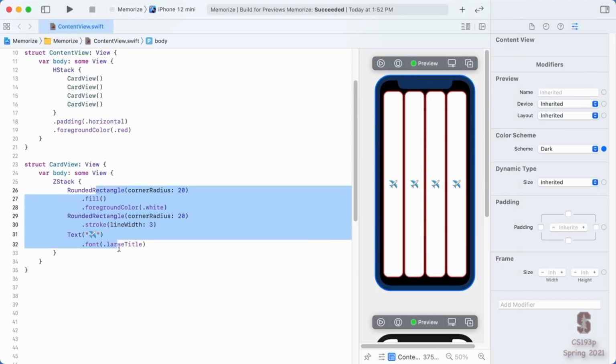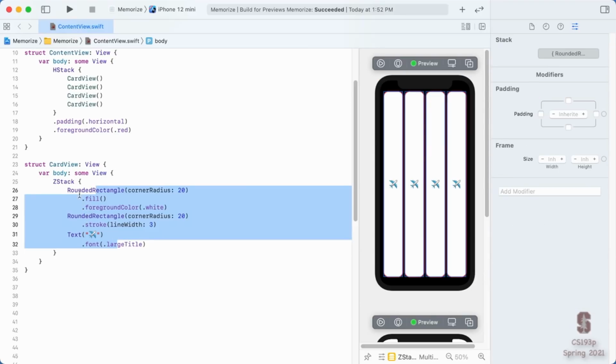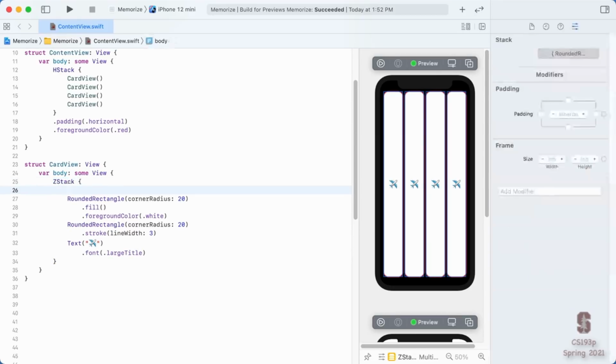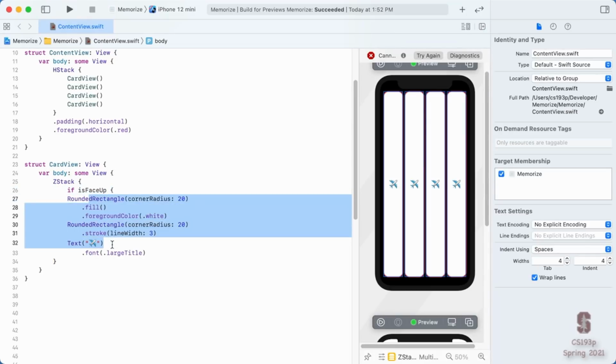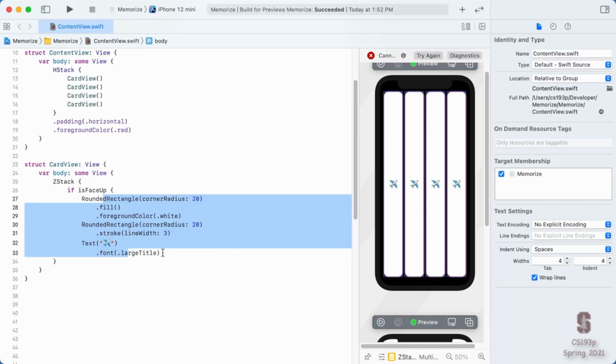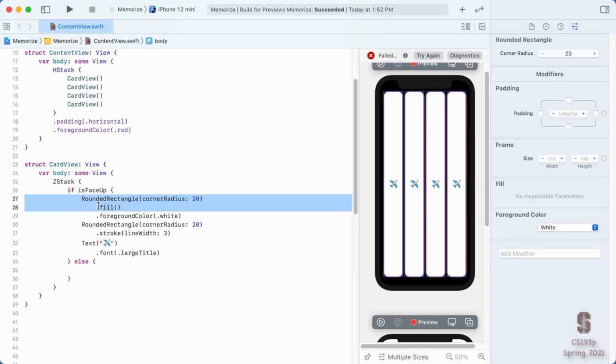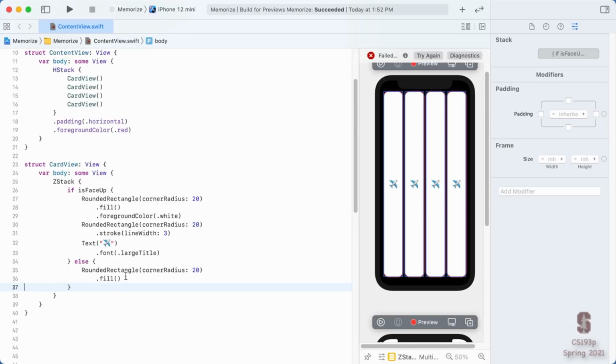Here's our code that looks face up. I don't know if you remember when I first talked about these Lego bags, the bags of Lego things that we're passing as the content argument here to the ZStack view combiner. But I said it could have ifs. I can put an if in here that says if isFaceUp, which I just made up, by the way. We'll have to do something to make that exist. Then I'm going to do this. But if it's not face up, then I'm going to just have a filled rounded rectangle, because that's what our face down cards look like. This isFaceUp, I just pulled it out of my hat, so it's not really something. That's why it says it cannot find isFaceUp in scope.